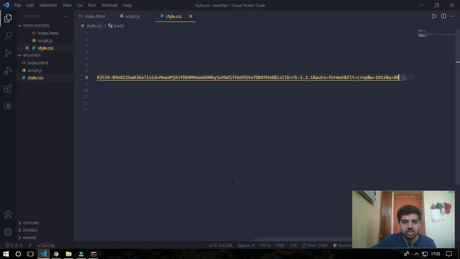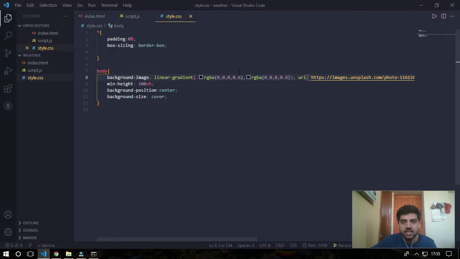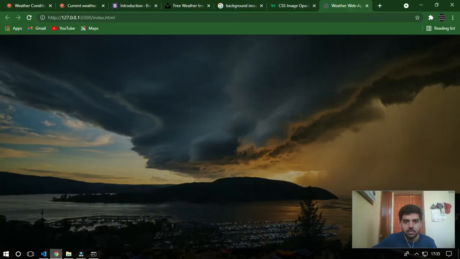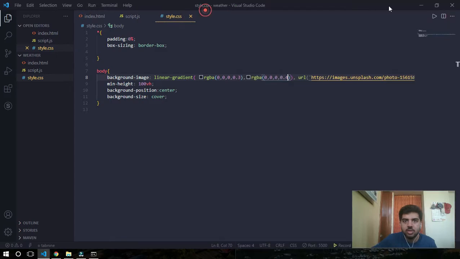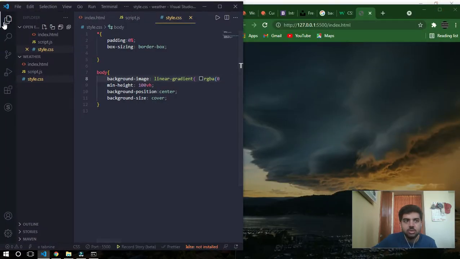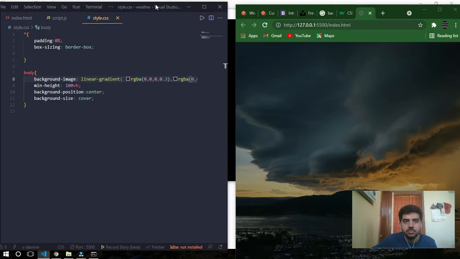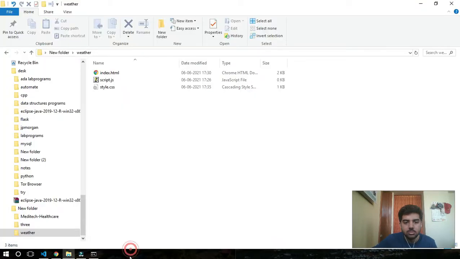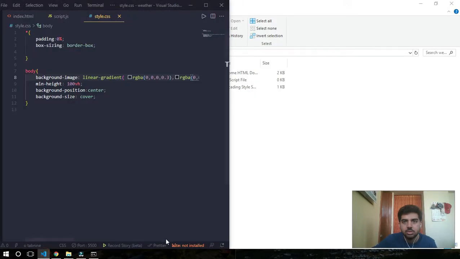So I'll reduce the darkening, I'll go from 0.3 to 0.4. Yes, okay, let me open both tabs side by side.